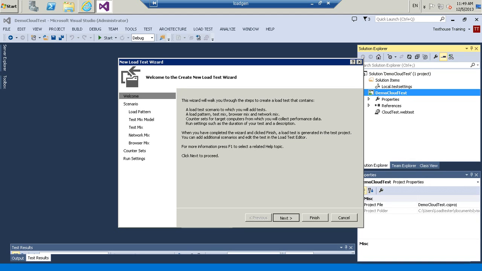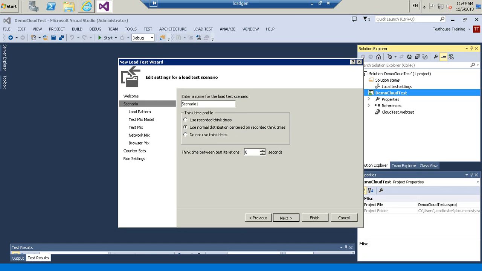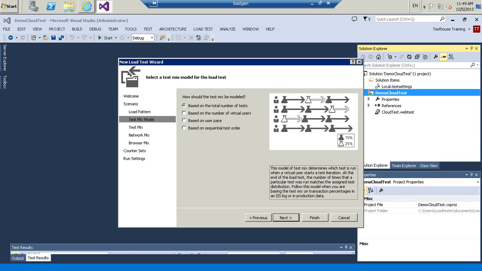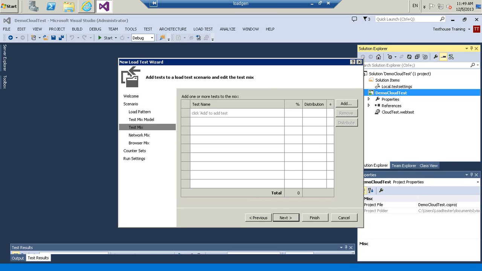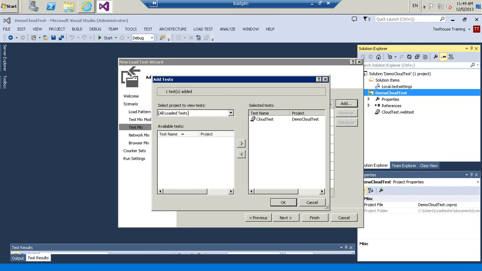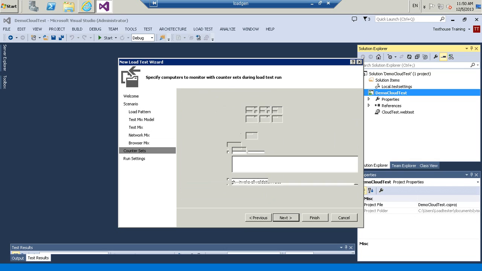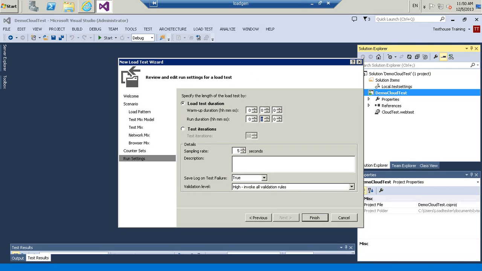And here we can see this is pretty identical, so I'm going to leave this at mostly the default settings, leave the scenario, leave the pattern at just a constant 25 users, leave the test mix model. I am going to obviously add in our cloud test. So our web test is there. I'm just going to leave everything else at default except for,